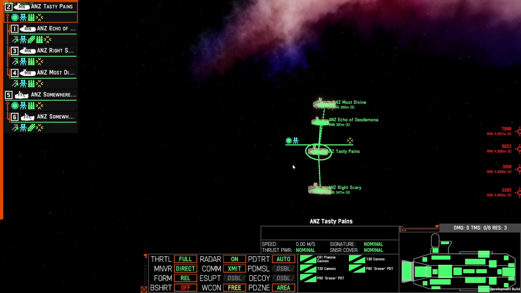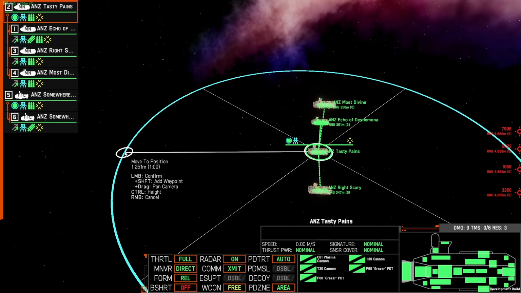Another issue with formation positioning is that when you give a movement order that is behind or not a nice 90 degrees either left or right to the relative position of the original guide ship, for example, by giving a full 180 move to the rear of the ANZ